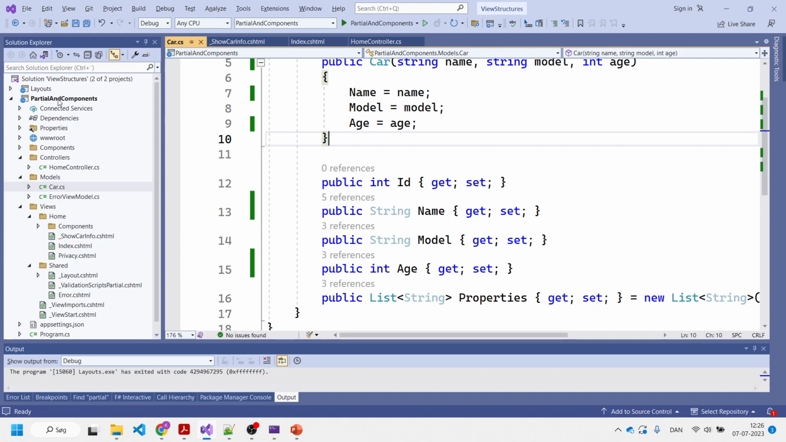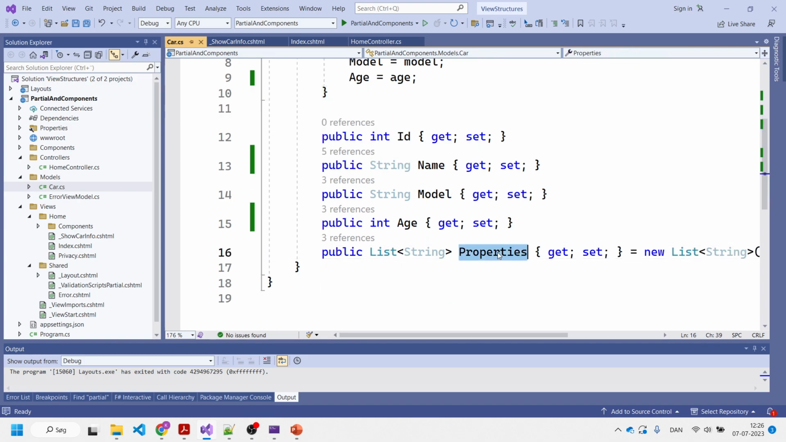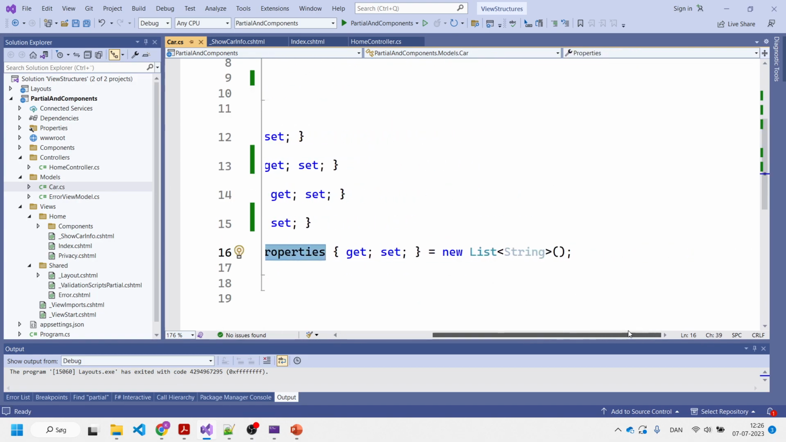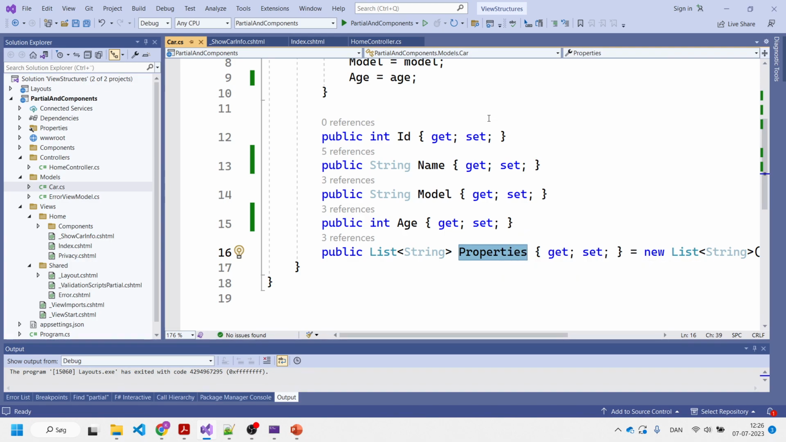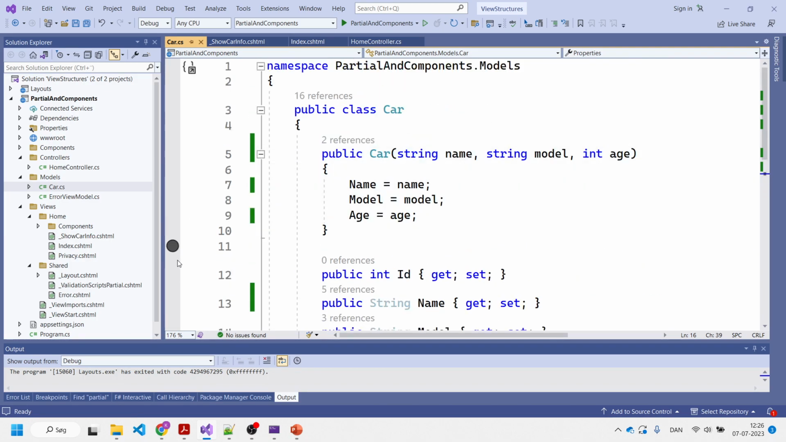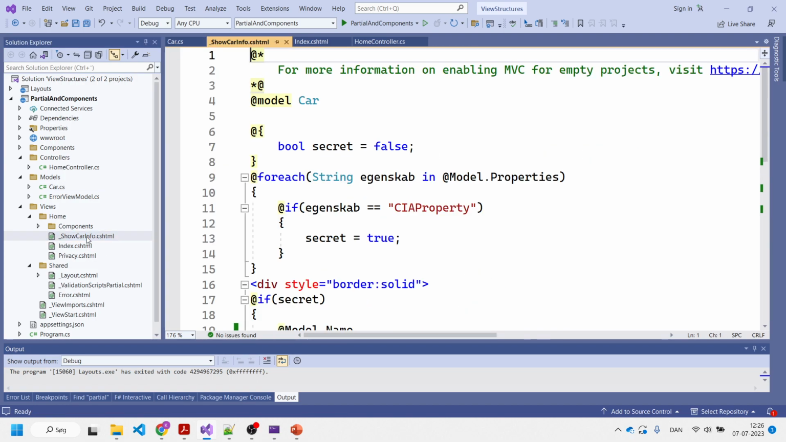So I have an MVC application here. I have a car model. It has an ID, name, model, and age, and it has a list of properties that you can add to, with a simple constructor. Okay, so what I want to show in several places in my application